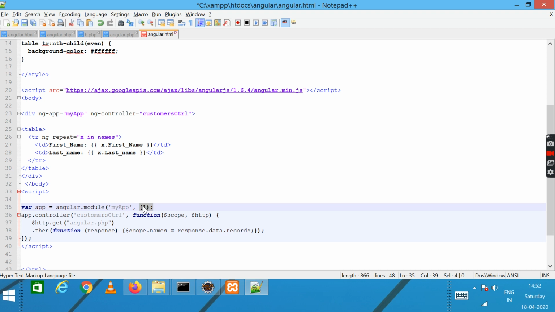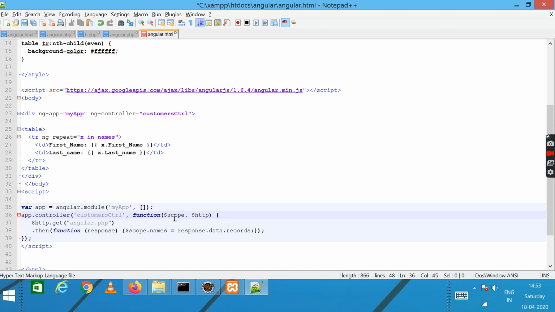This array is initially empty. When we have some response to read, then it takes the values into it. Then app.controller is used as we have created the customer controller. So this controller is customerController, the name is given, and the second parameter is a function.